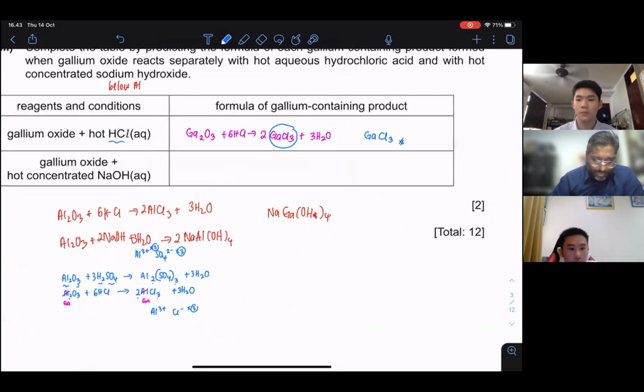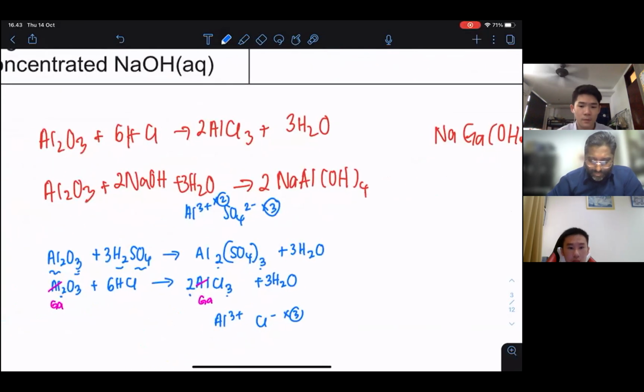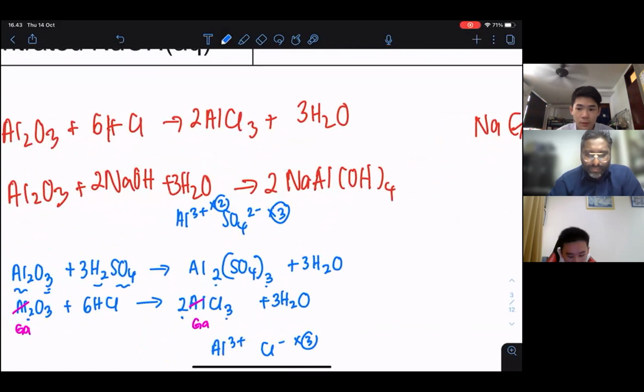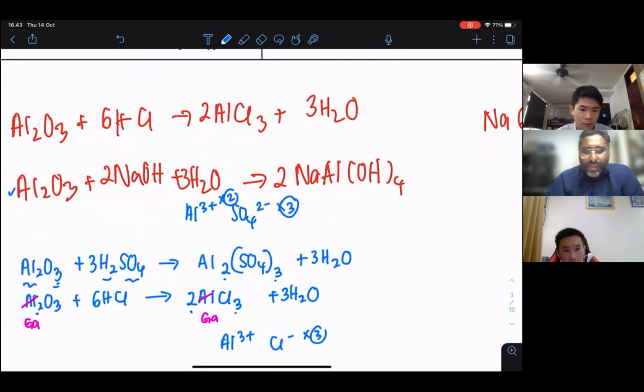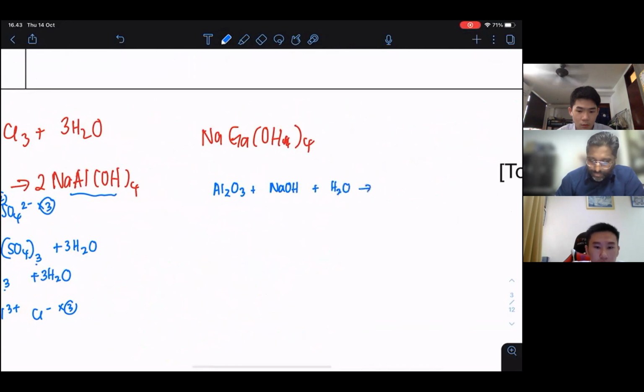And then the other one is gallium oxide with hot concentrated NaOH. If you look at your book, this is the equation given, where aluminium oxide reacts with sodium hydroxide. But the important thing to remember is that the water must be there. You must add the water. So for aluminium: aluminium oxide plus sodium hydroxide plus water gives you